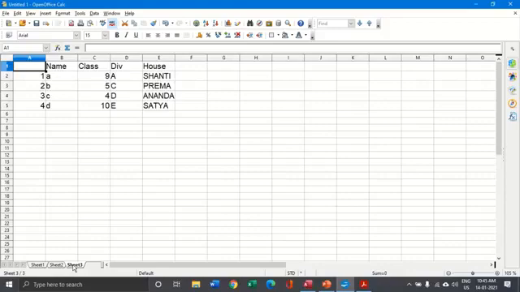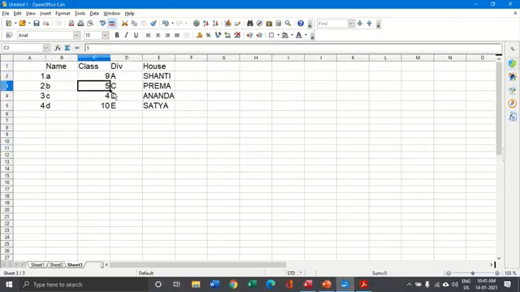But what about moving inside an OpenOffice worksheet? If I keep my pointer on a particular cell, then that cell is a selected cell, or it becomes an active cell. The active cell is always highlighted in a darker border. Now I can use the arrow keys, that is the left arrow, right arrow, up arrow and the down arrow key, to move in between cells. I can also click on a particular cell and move to it.